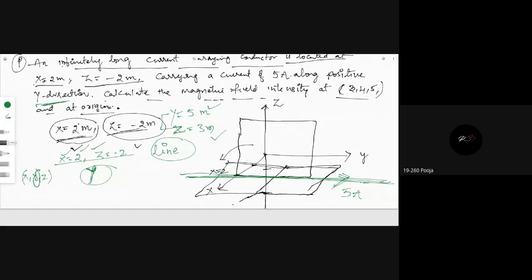Sir, if x equal to 3 and y equal to 4, what will the intersection give? The intersection will give you a line, right? And that line is parallel to which one? Z-axis. Are you understanding or not? Yes, sir. This is a somewhat confusing concept, so we have to ask the doubts.